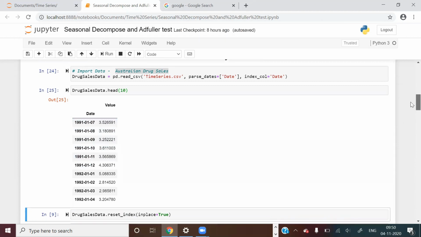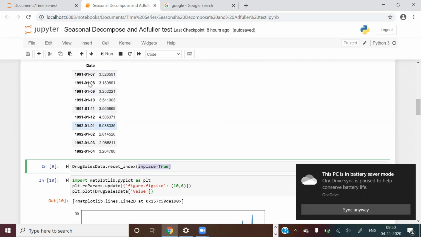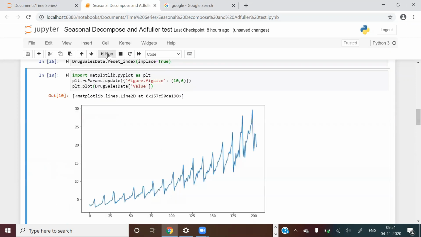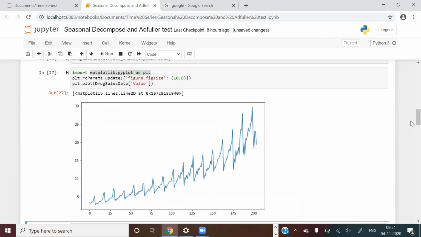Now if we plot this time series, first of all I am removing the index for this time series, because this column we might not always need. The second column is our time series column, which we will analyze and see how it is behaving. So the first column, the index column, we will not use as of now. So I'm deleting this index column first, and then I'm plotting this time series from matplotlib, right? And if you see, this time series looks like this.